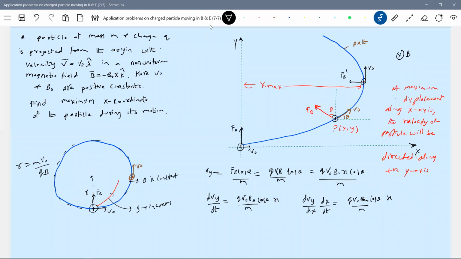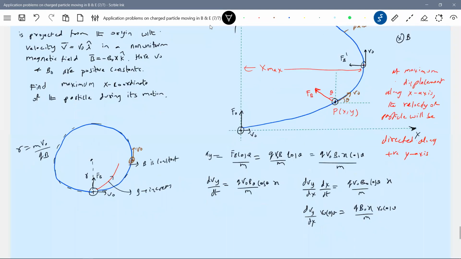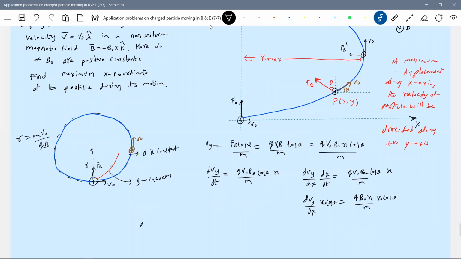What should we write for dx by dt? V naught cos theta. There's a reason, no? So like this we write it. So V naught cos theta will get eliminated. So we'll end up with dVy by dx is equal to